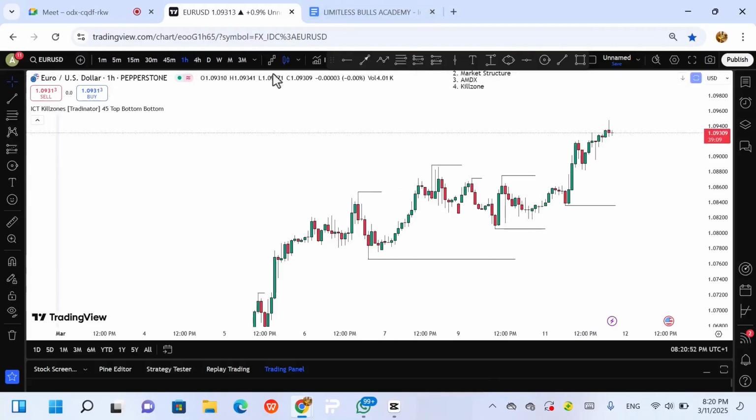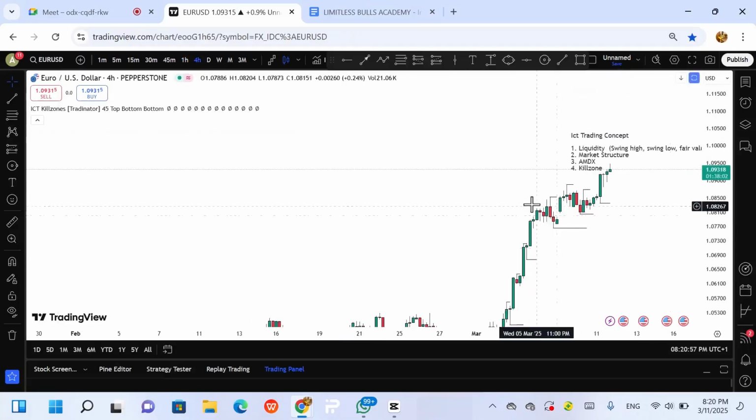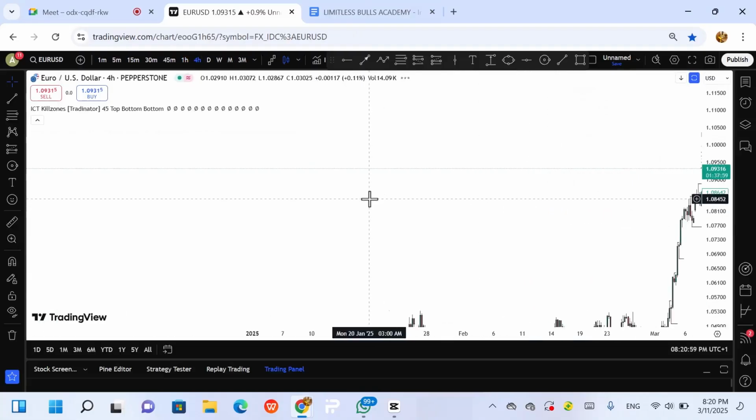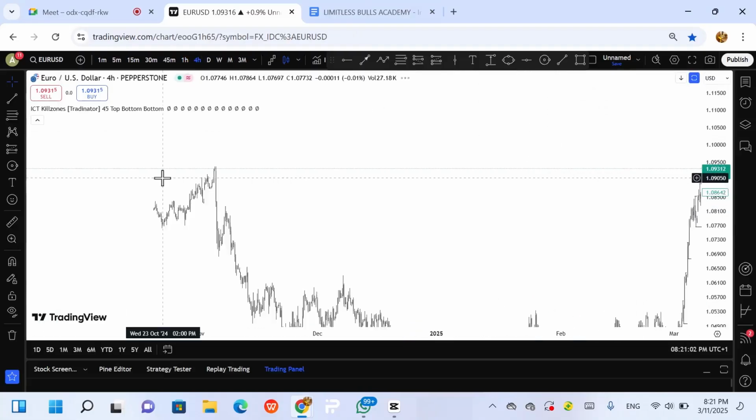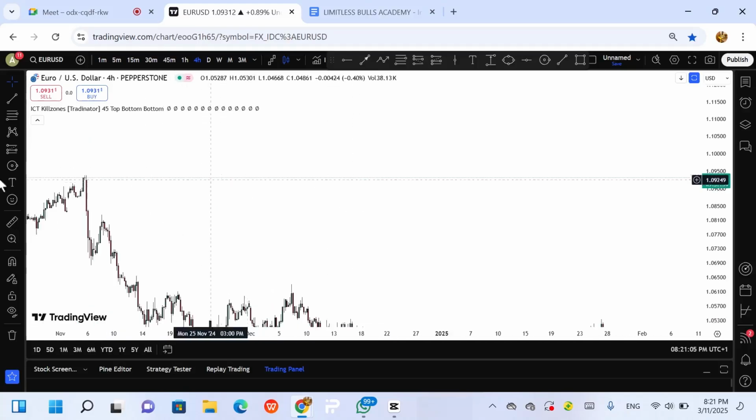So now I will change it to maybe the 4 hours because I cannot see anything in the recent chart. Then I will compress the chart. I'm trying to see what has happened before, whether there are swing highs or swing lows. Okay, this is fine. So what can you see here? You can see that this is past price reaction. So I'm seeing this swing high,